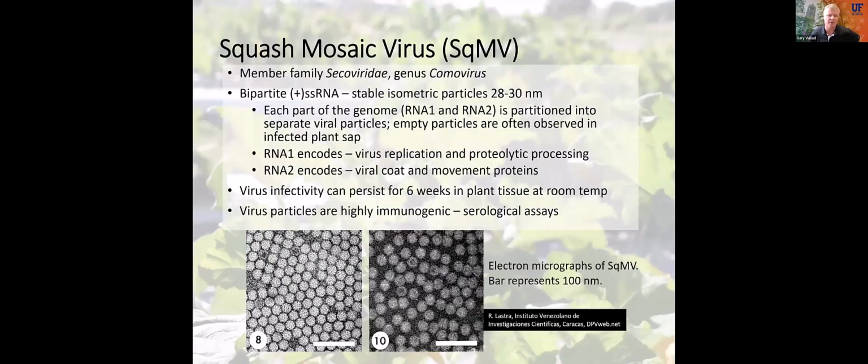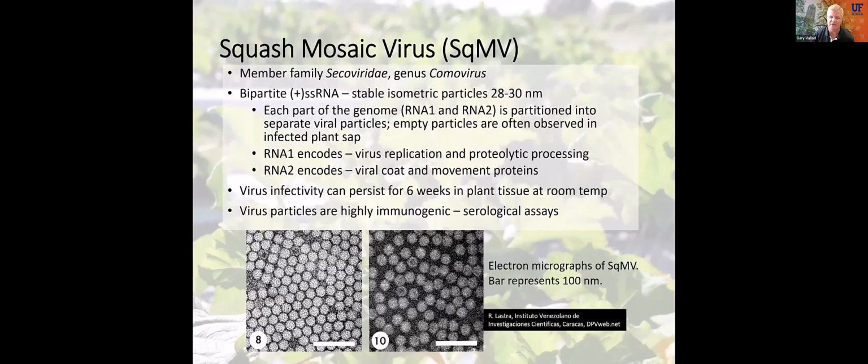So squash mosaic virus is a member of the family Comoviridae, genus Comovirus. It is a bipartite, positive single-stranded RNA virus that's encapsulated in stable isometric particles, 28 to 30 nanometers. Because it's a bipartite virus, the two single strands of RNA are encapsulated in separate particles, which is kind of interesting. The virus infectivity can persist for 6 weeks in plant tissue at room temperature, so it's extremely stable. And also the virus particles themselves are highly immunogenic, which has helped a lot in the development of